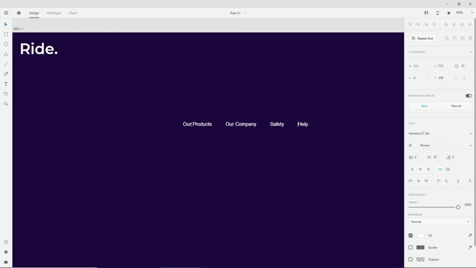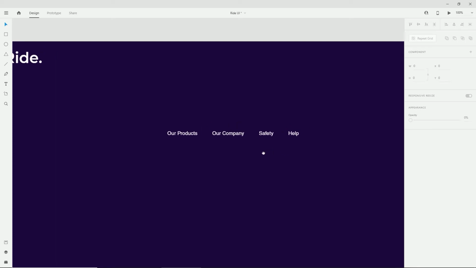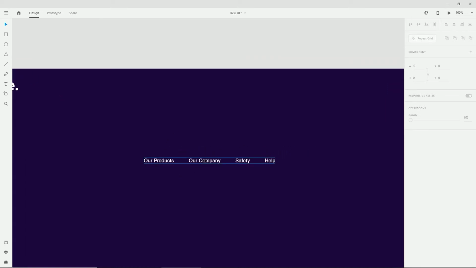As I said, we can make this text a little bit more readable by selecting it and changing the character spacing in here. I think somewhere around 21 looks a little bit better, a little bit more readable. But of course you can mess with this and keep on improving it until you're happy. Now that I have my menu created.